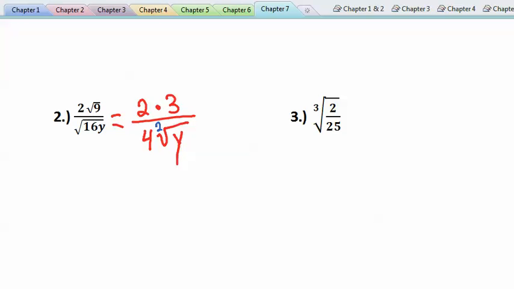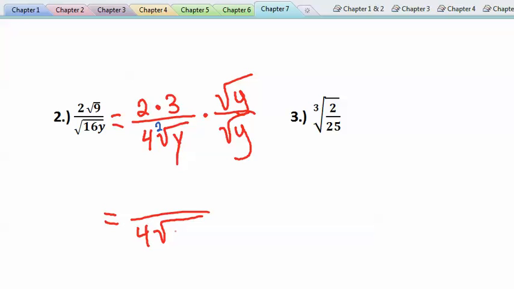The index is 2. That means I need at least 2 y's in order to pull out from this radical. So I'm going to multiply by the square root of y over the square root of y. What that does is it makes the denominator square root of y squared,